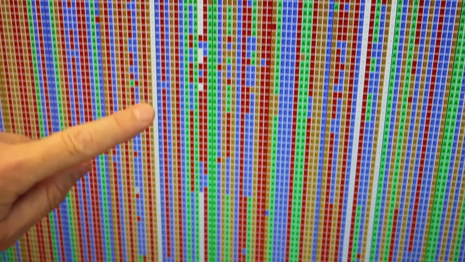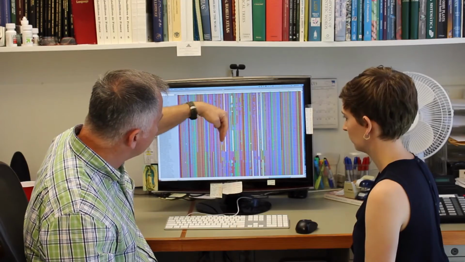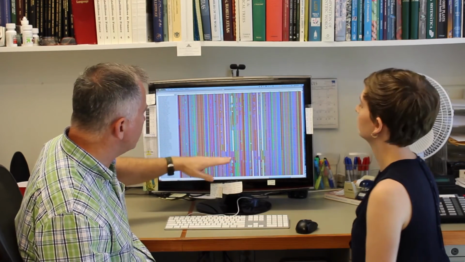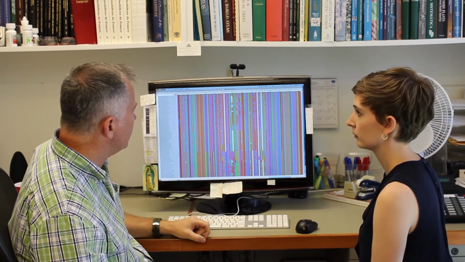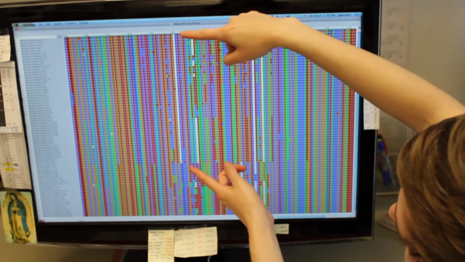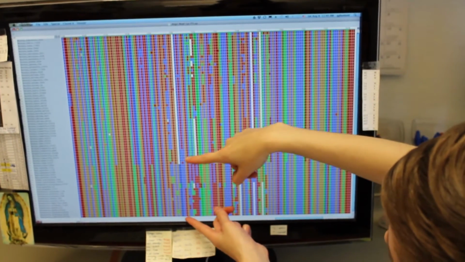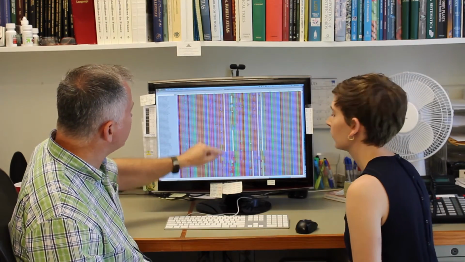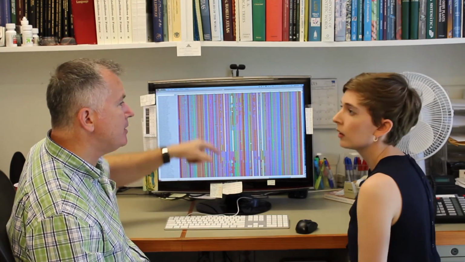So what we do is we insert gaps, but we've pushed over the sequence so that it lines up with the sequences of the other species that have the extra base pair. Okay, so this group of species is missing that base pair, while this group has it. Exactly. And so that sort of represents kind of a natural grouping of species that you can see there.